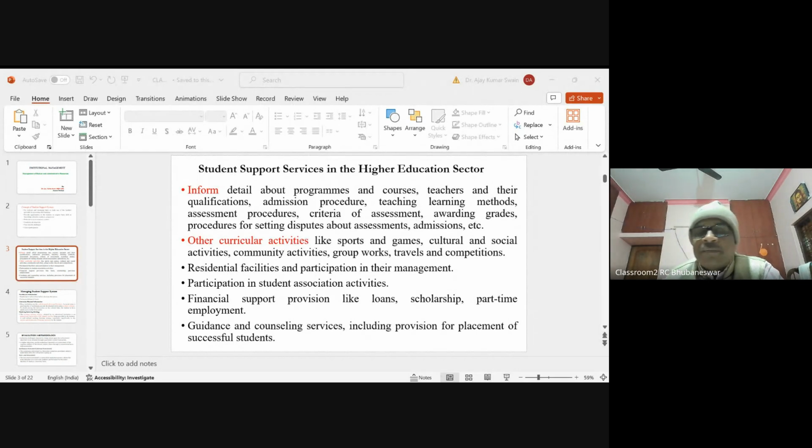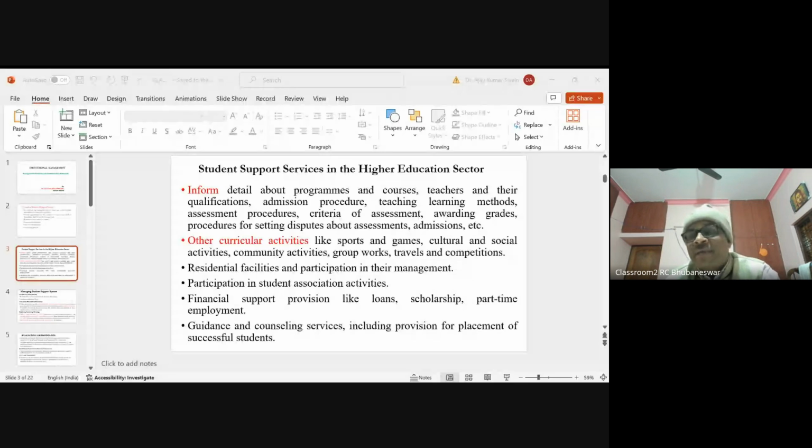We organized an activity where we distributed cloth bags, so as to not use polythene. When you go to the market, you carry a bag, and as a result it helps in not using polythene. Okay. So residential facilities and participation in their management, participation in student association activities, financial support provision like loans,